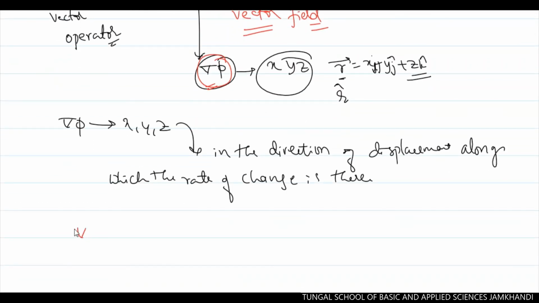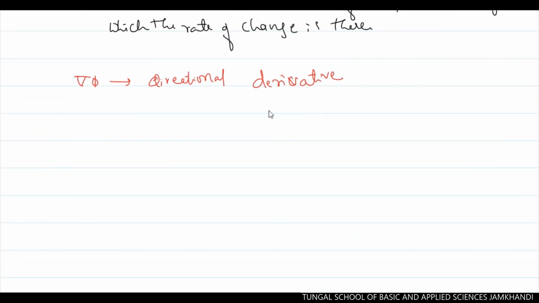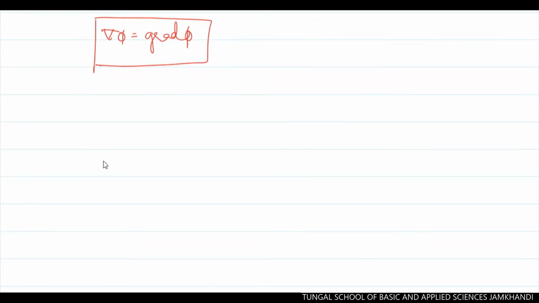Yesterday I have defined, right? So this del phi is called a directional derivative because its variation is also in the direction of the displacement vectors. So that's why it is a directional derivative. Now, based on this particular directional derivative, the gradient of phi, so this is nothing but a grad of phi, right? So you need to solve two problems depending on this equation. So now I will give the two problems regarding this grad of phi.